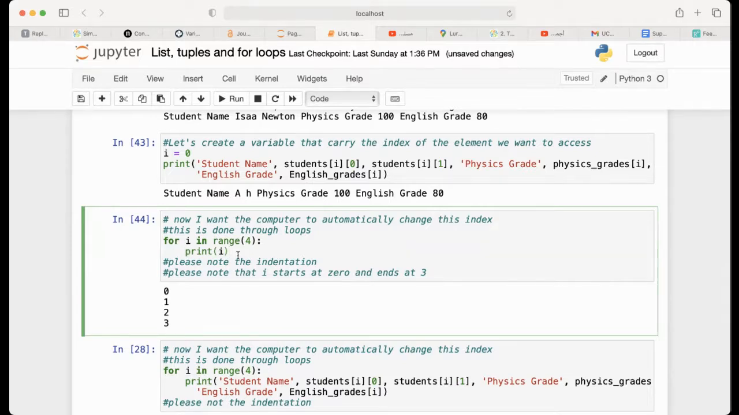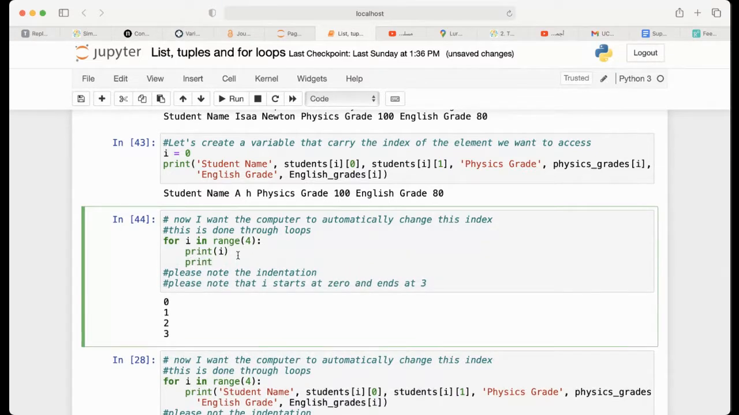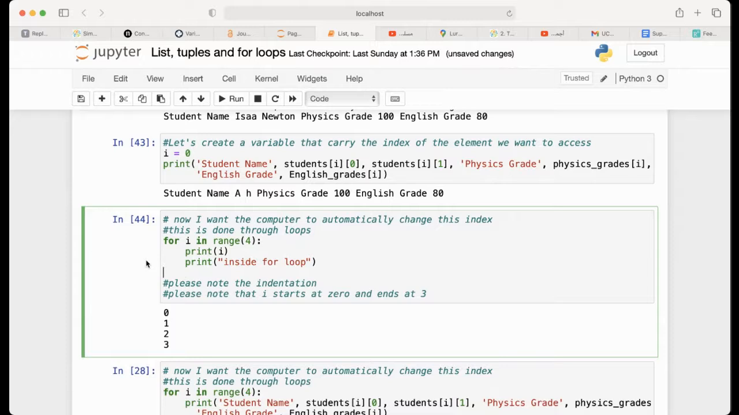Okay, so meaning that you could have another print here, for example, print anything inside for loop, and I will have something else here, outside loop. Okay,